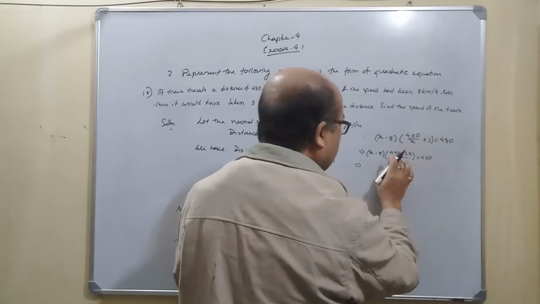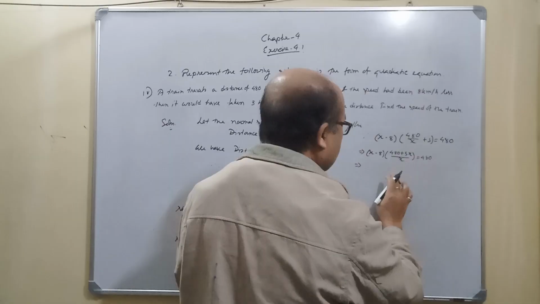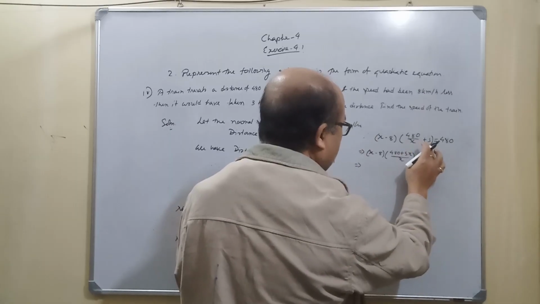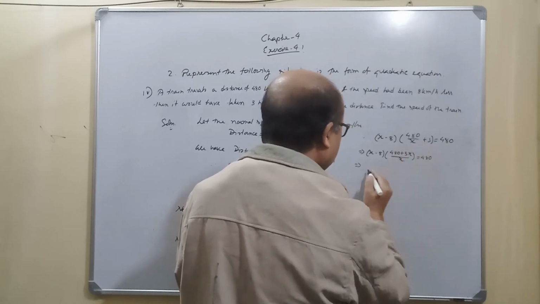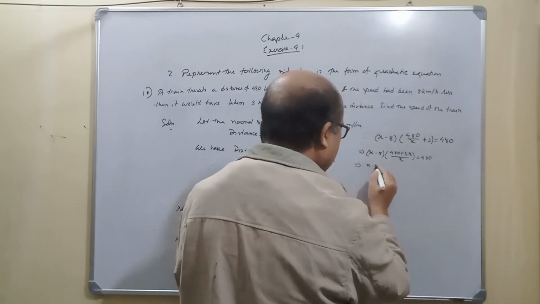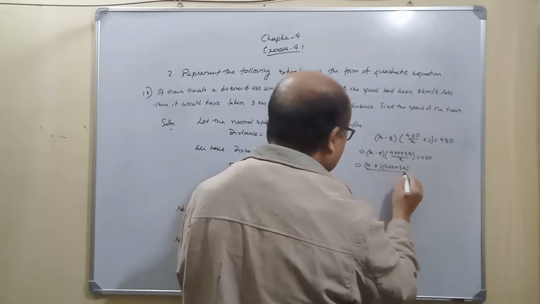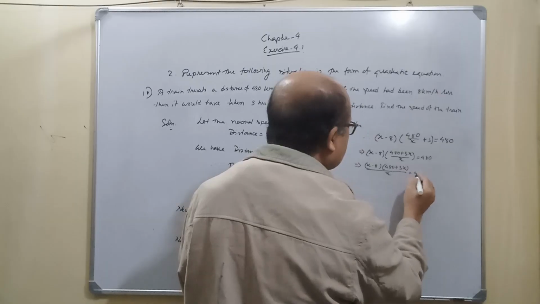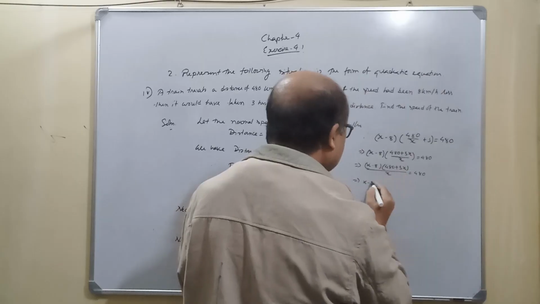Combining 480 and 3x, taking LCM of x and 1, we get x minus 8 into 480 plus 3x divided by x is 480, which implies multiplying both sides by x, we get